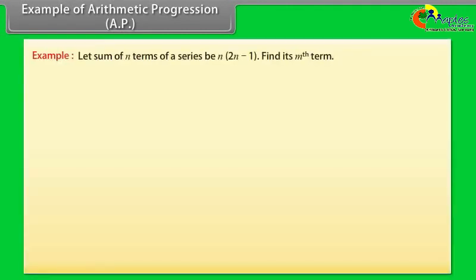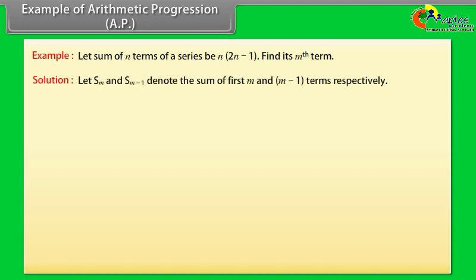Example of arithmetic progression, AP. Example: let the sum of n terms of a series be n into 2n minus 1. Find its mth term. Solution: let Sm and Sm minus 1 denote the sum of the first m and m minus